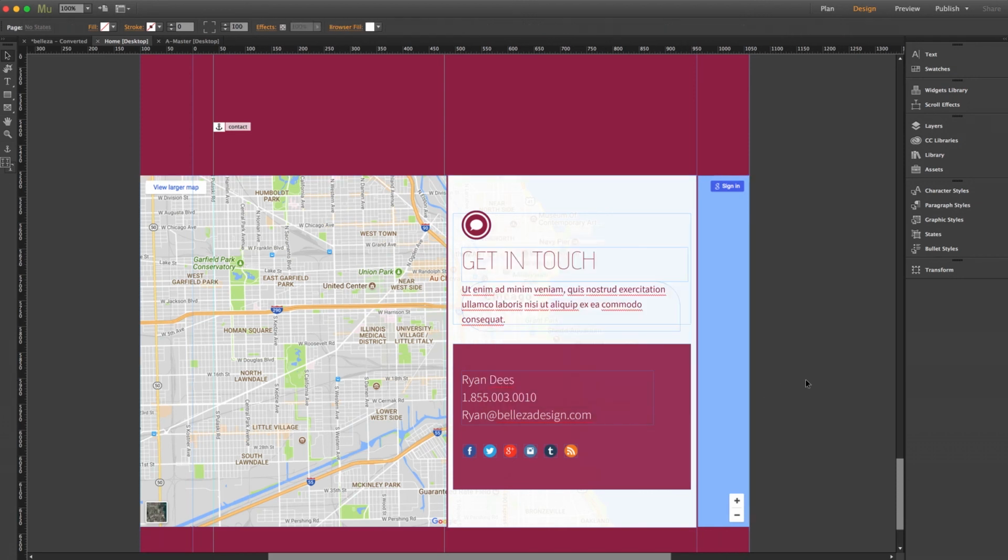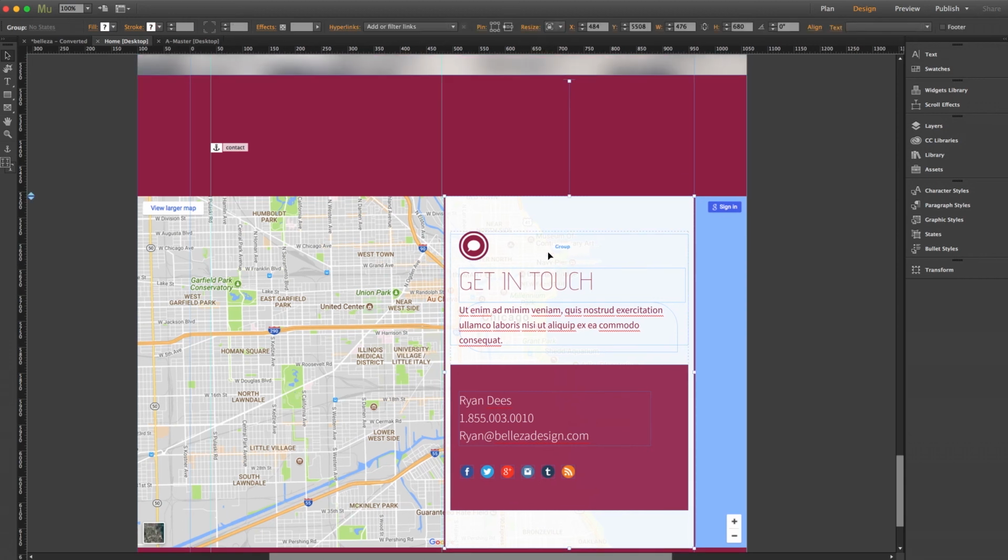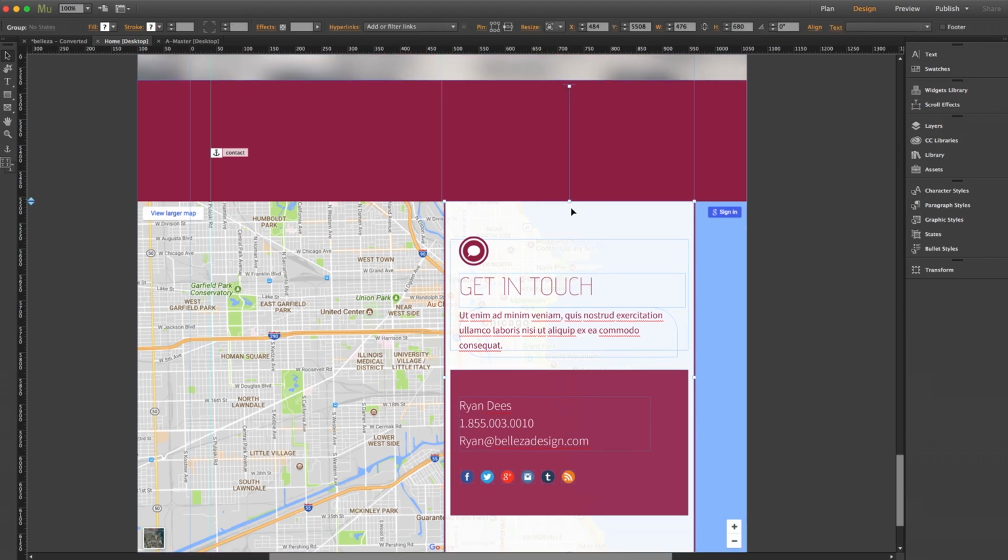Now for this sliding contact box. Again, using more motion scroll effects here, but in a slightly different way. If I hover over it, you can see again we're dealing with a group of items. But when I select the group, the stem appears, meaning that the scroll effects are applied to the group as a whole, as opposed to the text on the very top of the page where different scroll effects were applied